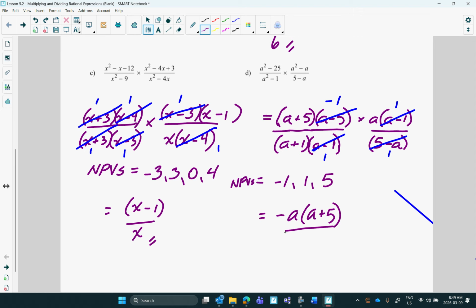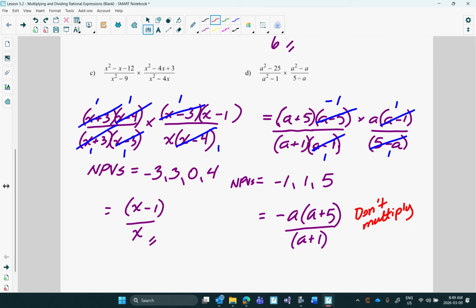On the bottom, it's easy, it's a plus 1. And again, you don't need parentheses on the bottom, but you do need parentheses here to separate it from the a. This is really important. Don't multiply